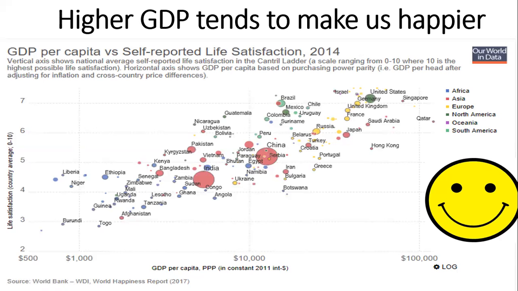We see here the United Kingdom is this bubble here. We see we're slightly not as well off as the United States, but not too far behind. But being a little bit less well off, we're also a little bit less happy, where the average happiness is just under 7, which isn't too bad. But we see quite a clear correlation, which is as countries get richer, they also tend to be happier.